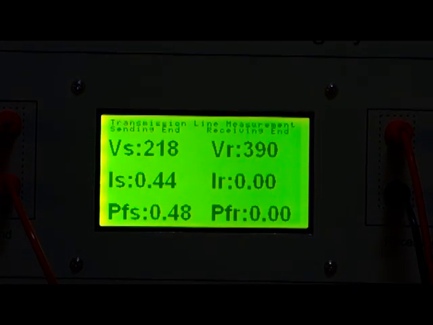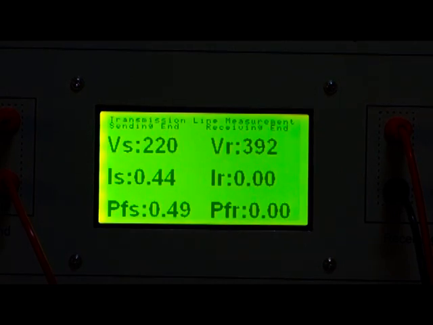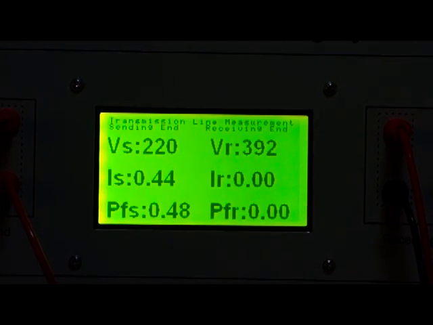Now write the value of Vs, Is and Vr in the observation table given in the manual.